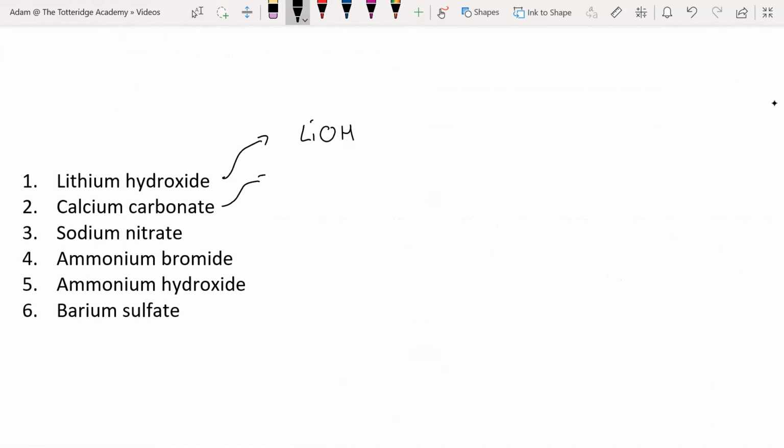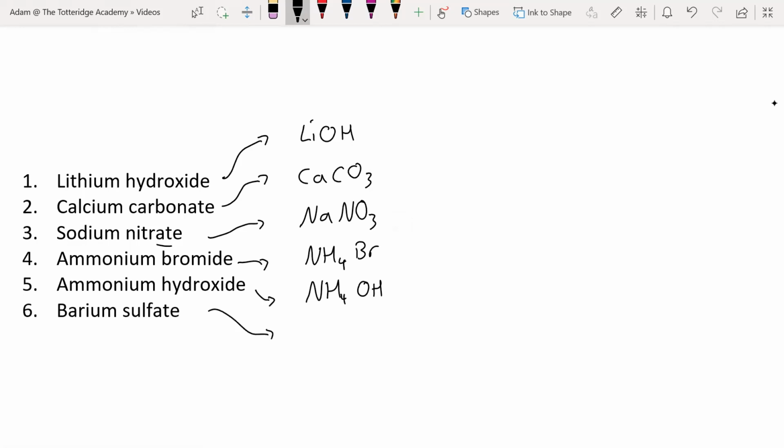These ones are really straightforward. Calcium carbonate, CaCO3. Sodium nitrate, NaNO3. And again, not to be confused with nitride. This is nitrate, NaNO3. Ammonium bromide, NH4Br. Ammonium hydroxide, NH4OH,